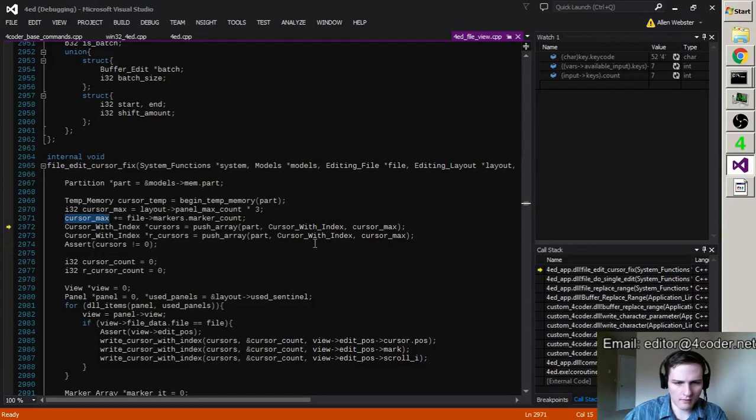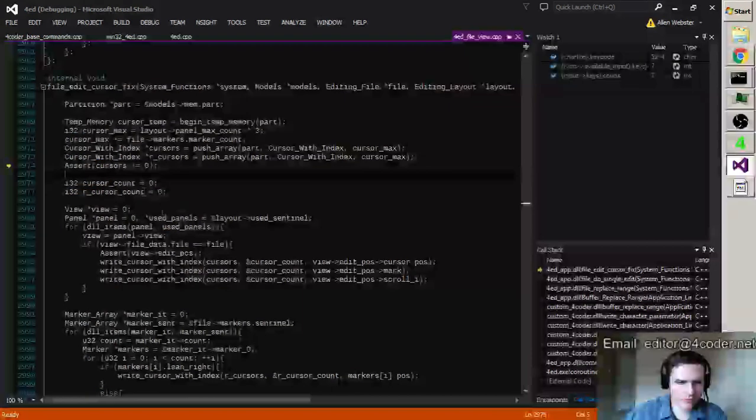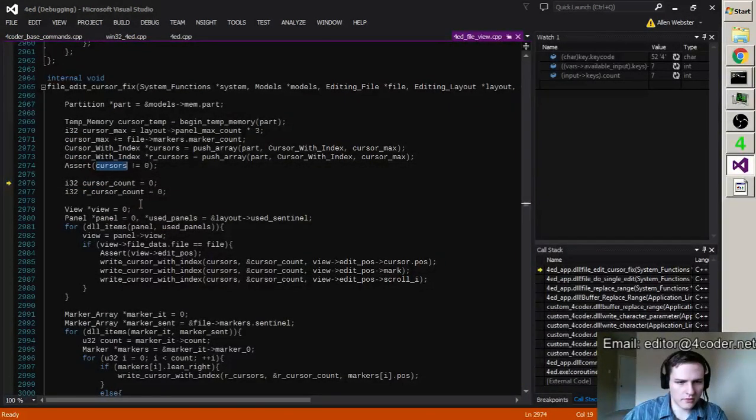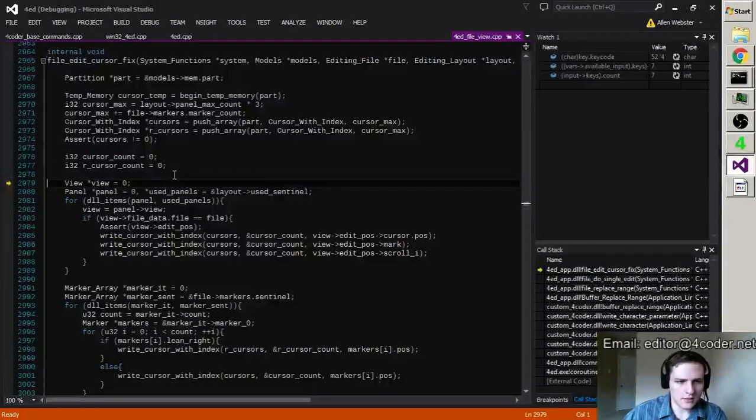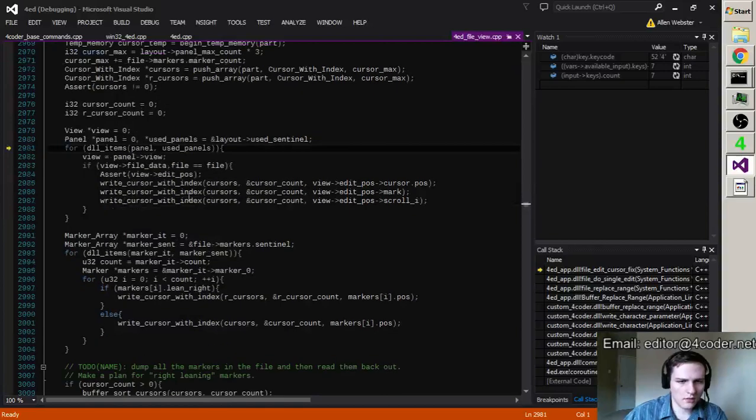Cursor max. I grab cursors. I grab R cursors. Insert cursors does not equal 0. Okay. Very good. Panel. I go over all the panels. I grab the views.